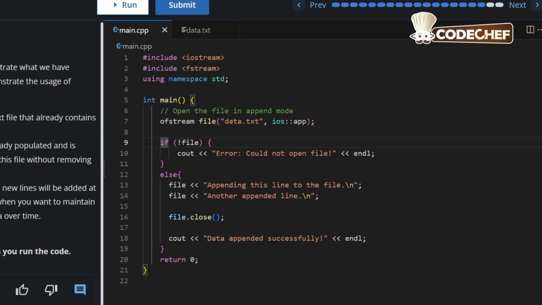Now if (!file), that means if no such file exists, then cout "Error could not open file!" endl; and the if block closes. Else, file means we are going to actually write inside the file. Whatever we write after file will be written in the file. So file << "Appending this line to the file\n";